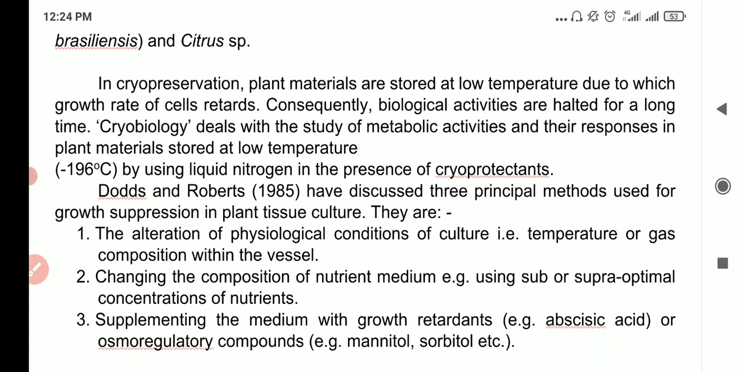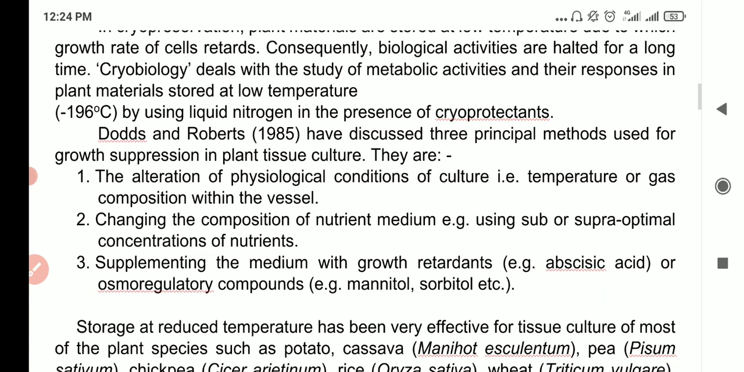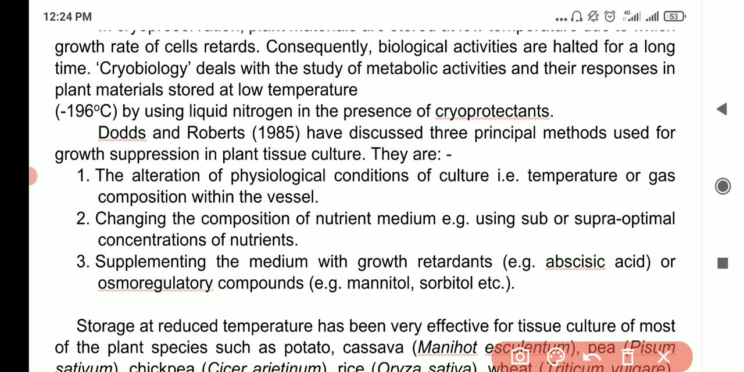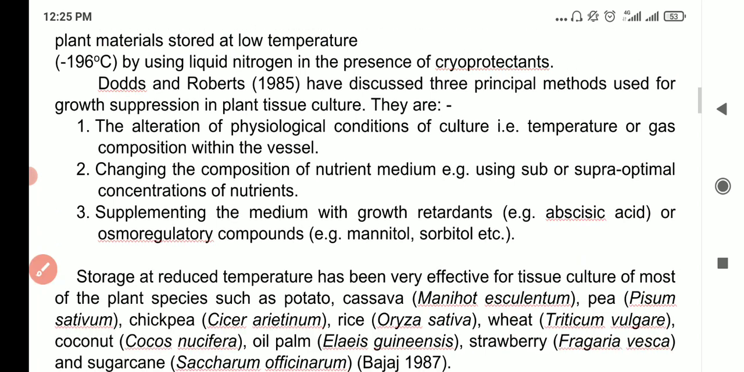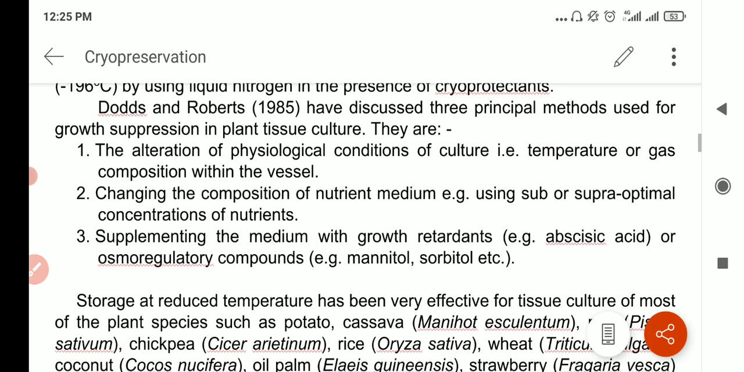So the biological activities are halted for a long time. Cryobiology deals with the study of the metabolic activities and the responses in plant materials stored at low temperatures using liquid nitrogen and in the presence of cryoprotectants. Now you will have to use these cryoprotectants so that